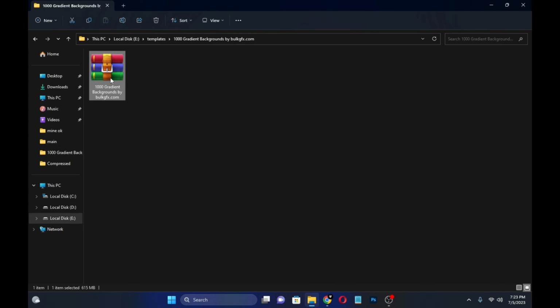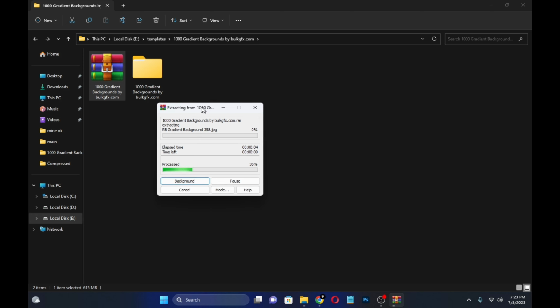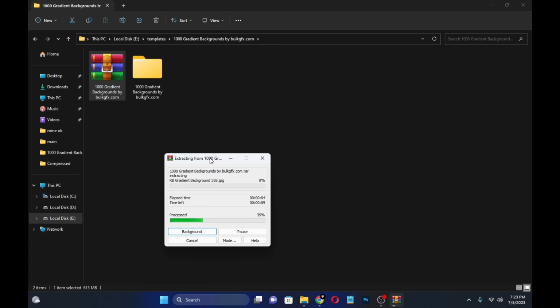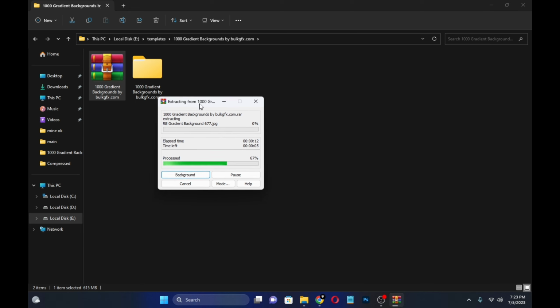These are 1000 gradient background. Just extract files. You can use them as overlays as in your creativity. Likely to be extracted, and